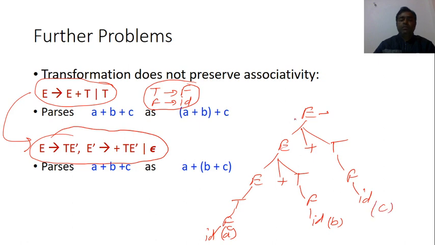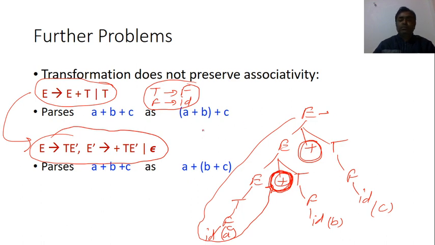How will this parse tree be evaluated? You can see here, just come to the bottom, then go up. First this plus will be evaluated. That means if I am writing A plus B plus C, then it will be evaluated as first A plus B will be performed, then C will be added to the result of A plus B. You can see here, first this addition operation will be performed, then this addition operation will be performed. Now if I am taking this grammar, and here also these productions are written, T derives to F and F derives to ID and like that.